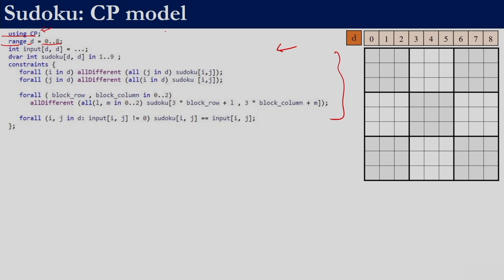So, the values of range are 0, 1, 2, 3, 4, 5, 6, 7 and 8, and then we have a variable whose name is input. This is not a decision variable, it is a parameter. The type of the parameter is integer, input d comma d. So, input d comma d means, since d ranges from 0 to 8, input would be input of 0 comma